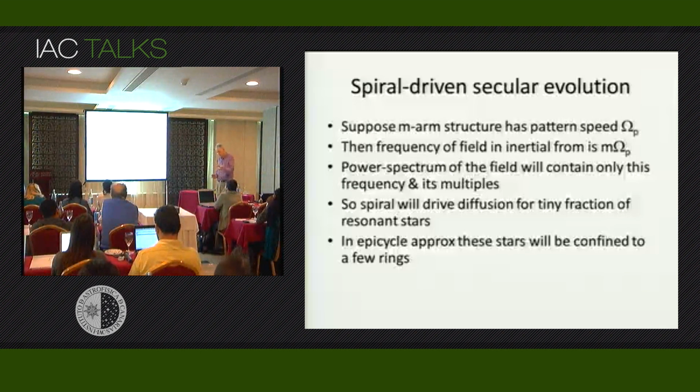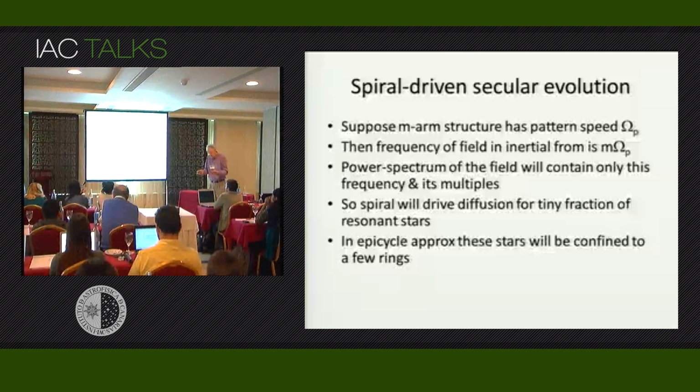if you ask what is the frequency, if I stand in an inertial frame, remember we had this result that dE/dt, the rate of change of a star's energy, is equal to the partial derivative of the gravitational potential with respect to time. So ask yourself, what is the partial derivative of this gravitational potential as a function of time? The answer is it has a frequency which is m times omega p, because in a time 2 pi over omega p, m arms come by you. So this is the fundamental frequency of this m-arm spiral.